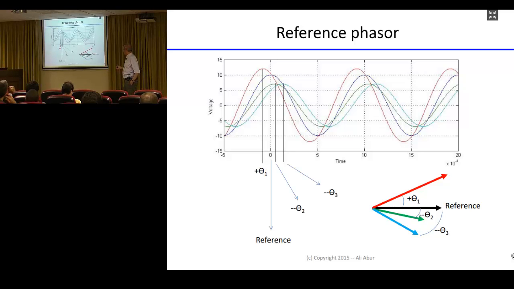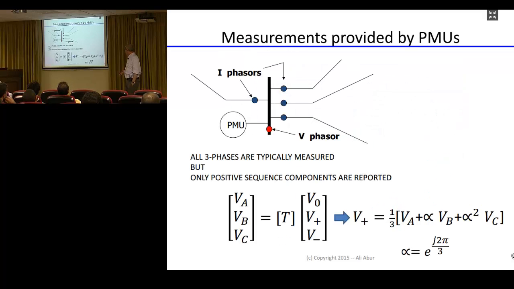And of course, you need a reference for these. So the reference turns out is the GPS, basically. You don't pick one of these as your reference. You basically pick the GPS, or whatever that timestamp is on that signal, as your reference. So there is really no reference for us. We do not pick a specific PMU as a reference PMU. So the other thing is,